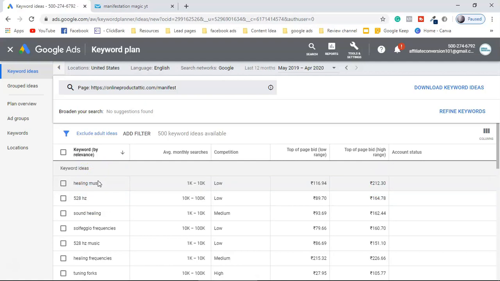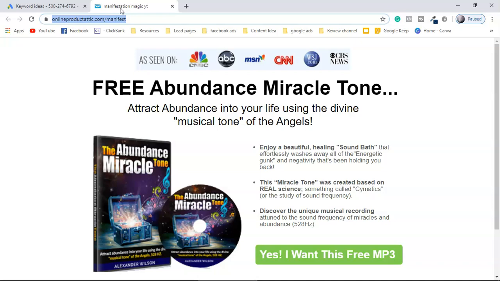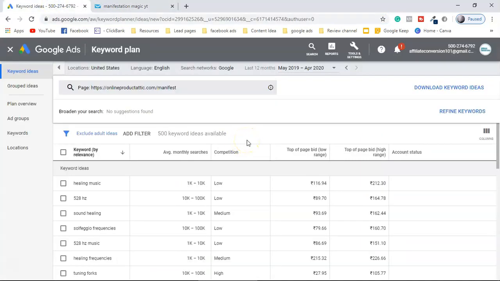So now take this point here, guys. The number one thing is, if your landing page and the keyword which you're using are different, your ad will not start. This is one of the biggest reasons you'll get approval but your ad will not start. So make sure whenever you target one particular keyword set, your landing page or the website should have that kind of keyword. If it is not there, it is going to show you a low quality ad, or it is going to show you an ad policy violation of relevancy, which I'm going to show you in a second. So guys, this is one of the biggest reasons you're not getting views even after your ad has been approved.